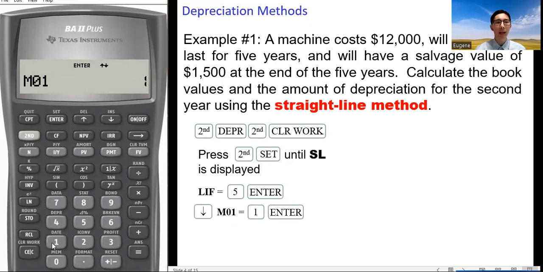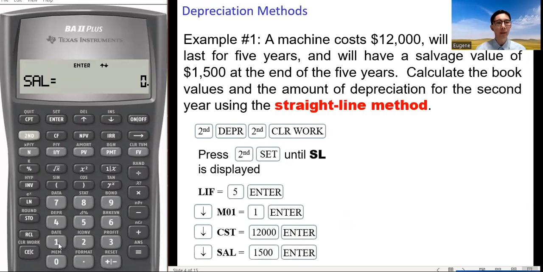So we enter 1 and then enter. The next variable, CST, the cost, 12,000, and then enter. The next one, SAL, salvage value, 1,500. Key in 1,500 and press enter.